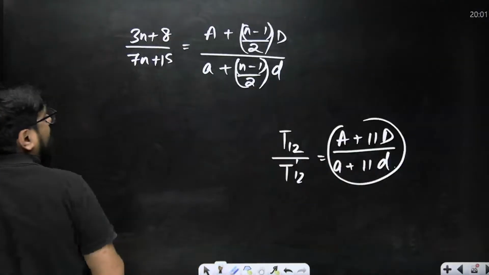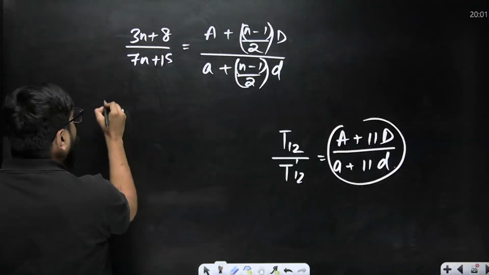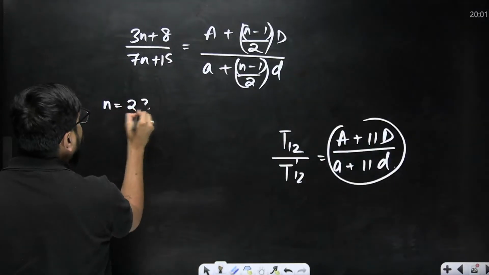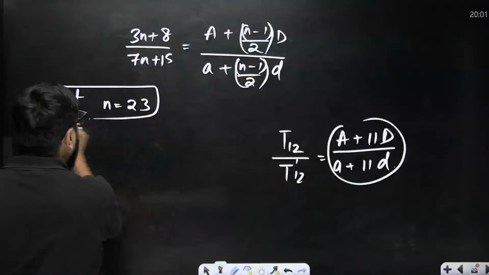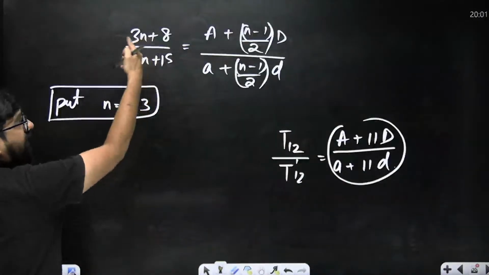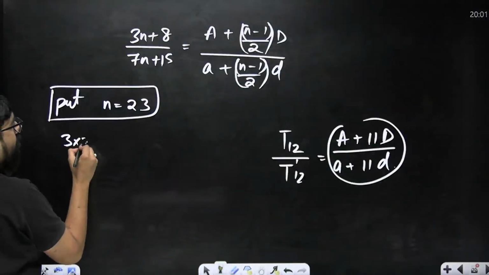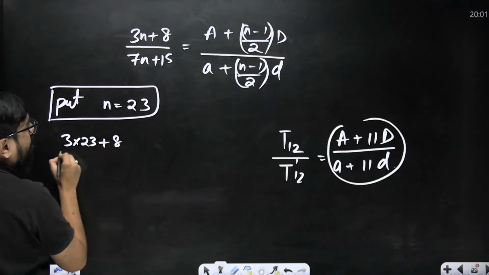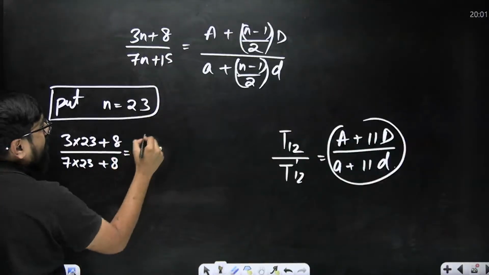So that I can create this. Obviously, n is equal to 23, sir. Put n is equal to 23 and you are sorted there. If you put n is equal to 23, you have to put n is equal to 23 everywhere. So 3 multiplied with 23 plus 8 divided by 7 multiplied with 23 plus 8 will be equal to